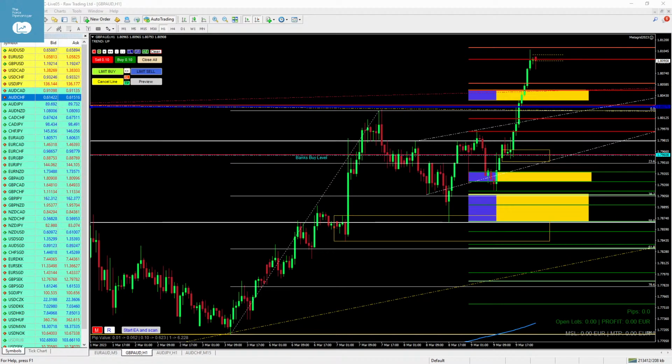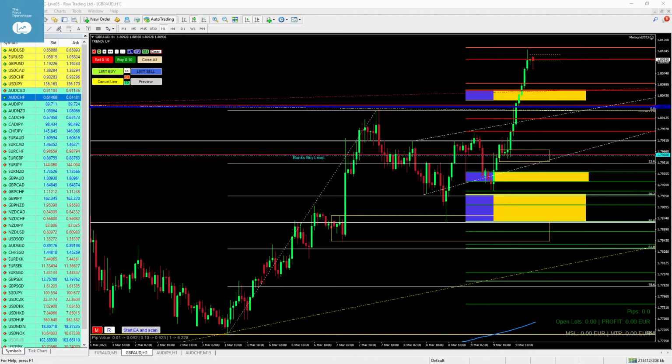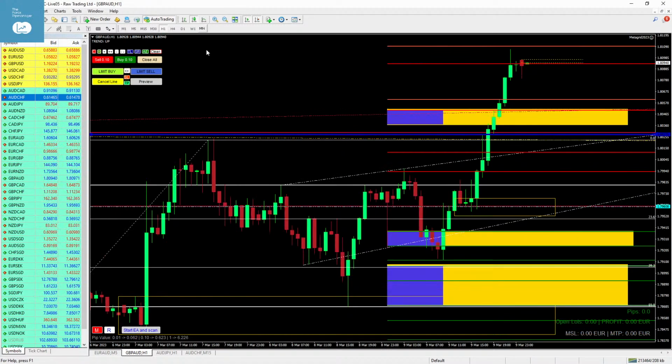Before we start with the pairs I have for you today, I want to make a quick review of the pairs from yesterday's forecast. I want to show you quickly three interesting things. I had yesterday in my forecast the GBP AUD, and our ID was, let's zoom in a bit. This was the time from my last forecast where we saw that it already spiked here into this buy order